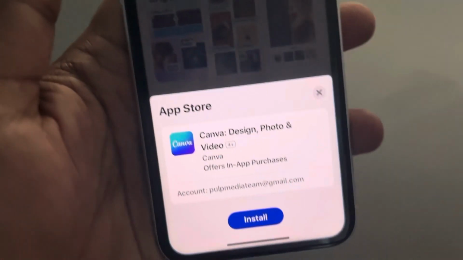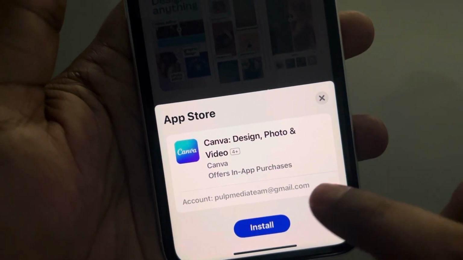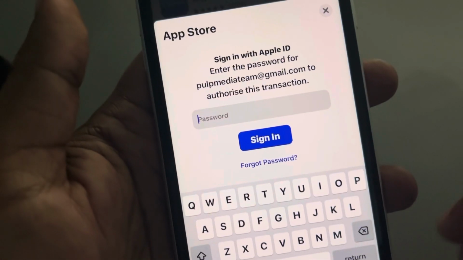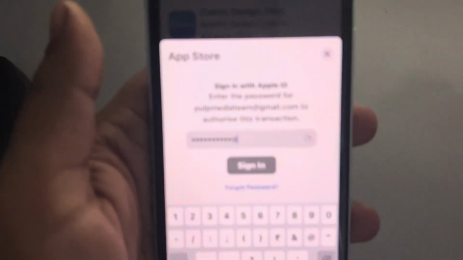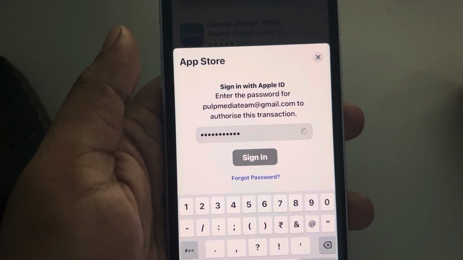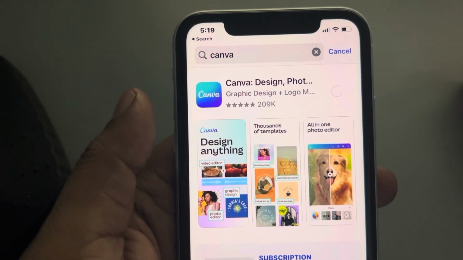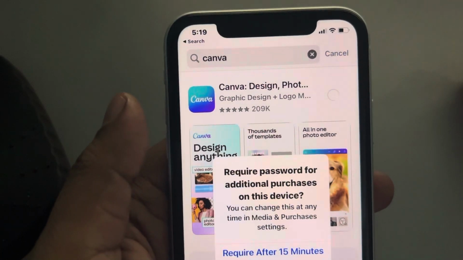Okay, now it will ask for this confirmation. Tap on install and add your Apple ID password. I'm adding this. Now once you have added the Apple ID password or authenticated by Face ID passcode, this app will